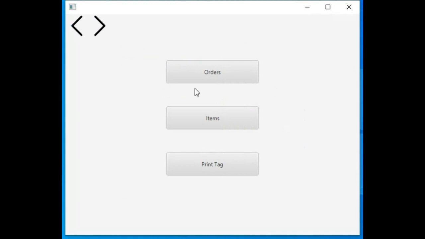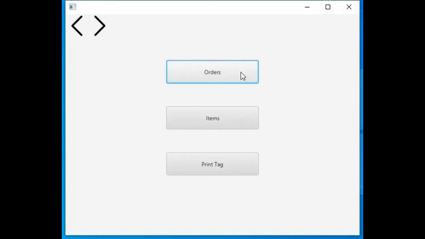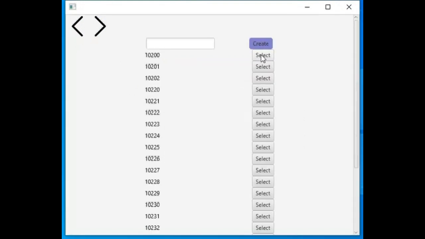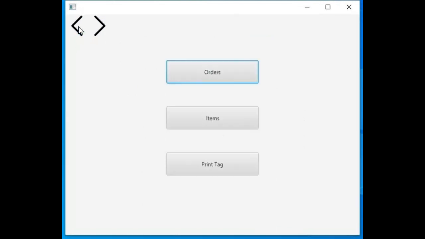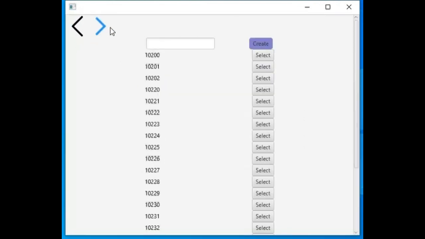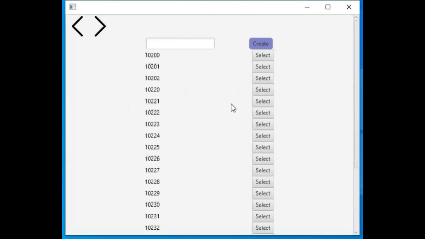Now, to talk about some of the design choices, these back and forward buttons work the way they do because if you think of the home page as the root of a tree that maps the application, then the back always takes you towards the root of the tree, and the forward takes you away from the root of the tree. But the forward only takes you one step, which is by design because the tree is not very deep, and if you're going forward, there's always another way to get back to the